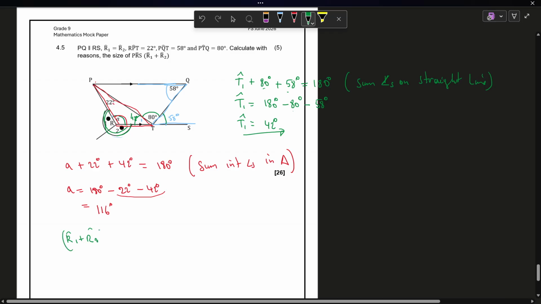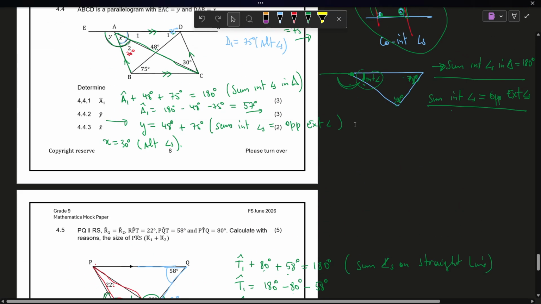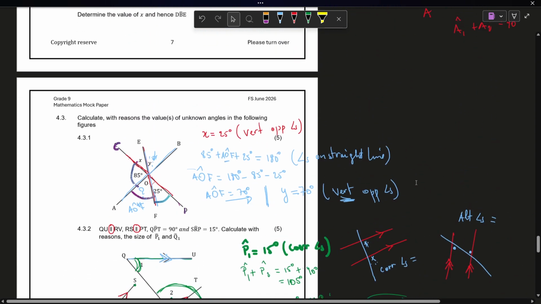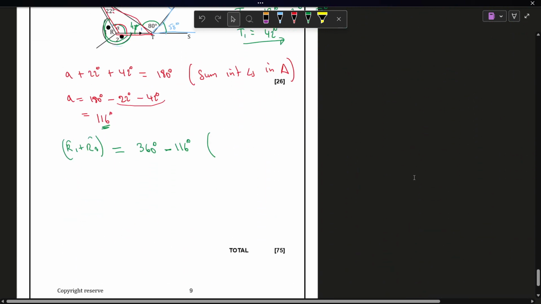So it means those angles outside will be equal to 360 degrees minus A, the A we just found, minus 116 degrees. The reason will be, I think I gave it right there, but it looks like I've deleted it. So